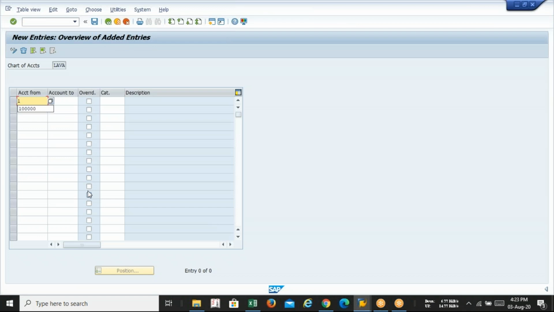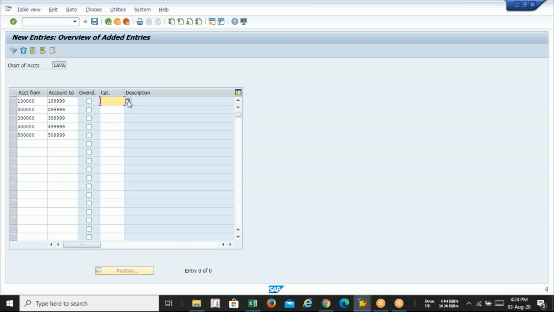I have started with 100000 to 199999. Next is 200000 to 299999. The third one is 300000 to 399999, and then 400000 to 499999, and 500000 to 599999.